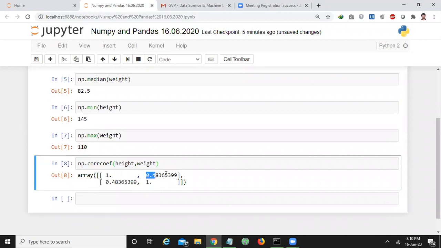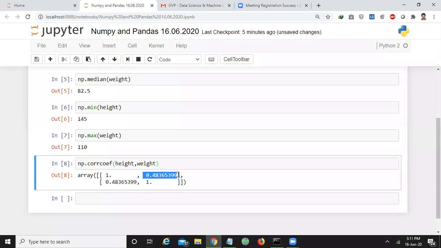But if you observe height with weight and weight with height, here we have two types of data sets, right? One is height and another is weight. If you have two inputs, how many combinations can you create? Height-weight, weight-height, height-height and weight-weight. The 1 represents the correlation of the same data sets, so obviously you'll get 1 here. Then, height and weight: you compare the correlation of different data.